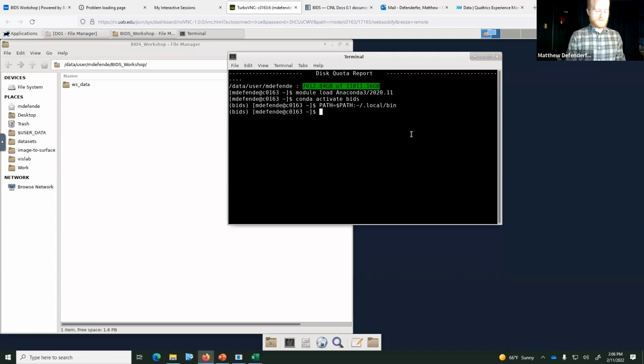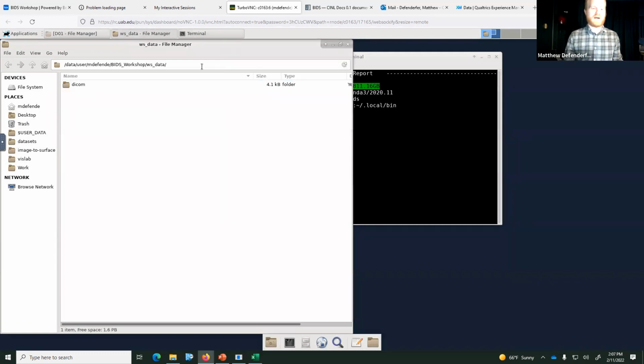So the first thing that we should do actually is set an environmental variable for where our dataset directory is, so that we don't have to type out the full file path every single time. That's kind of annoying and I don't like doing it. So I'm going to set a variable for it. So our dataset directory